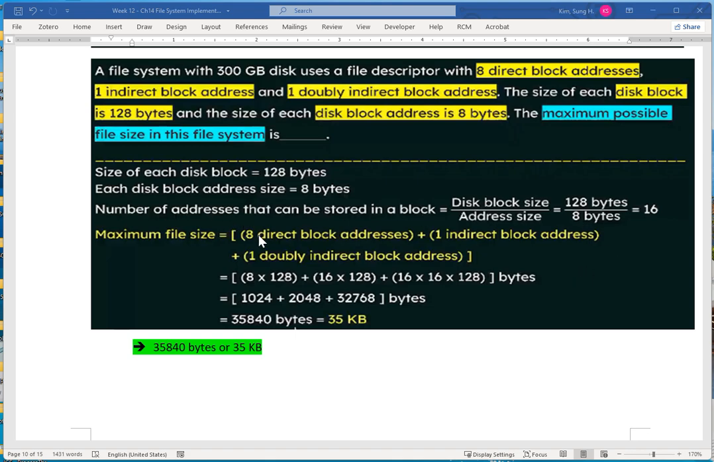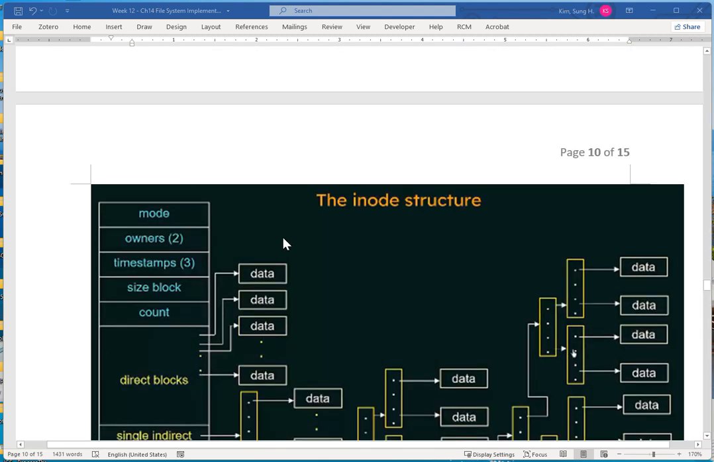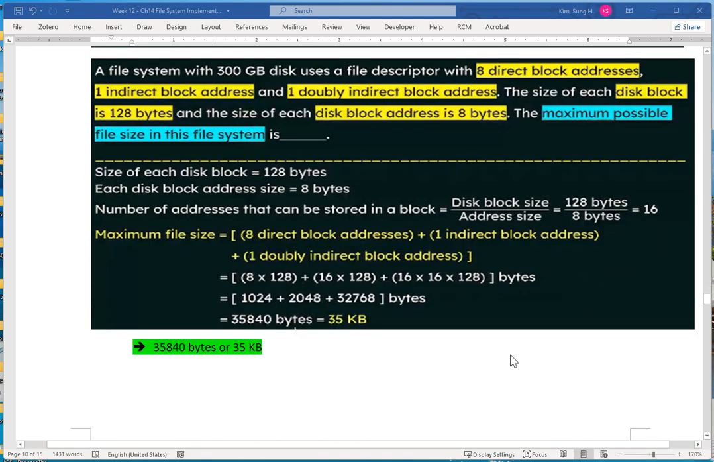So what this 16 means is that these blocks have 16 addresses or pointers. Here it would have been better if it had 16, but we're told that we only had 8 direct, right? But the subsequent one will have 16. Anyway, the maximum file size is you add up all those things: 8 direct block addresses, 1 indirect